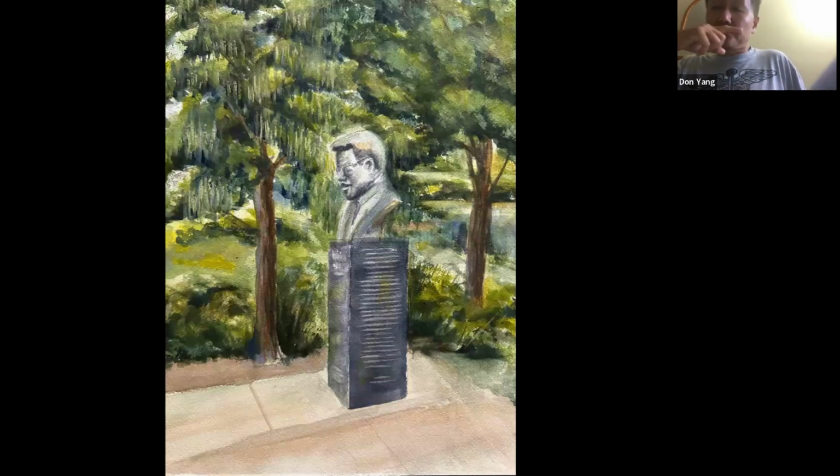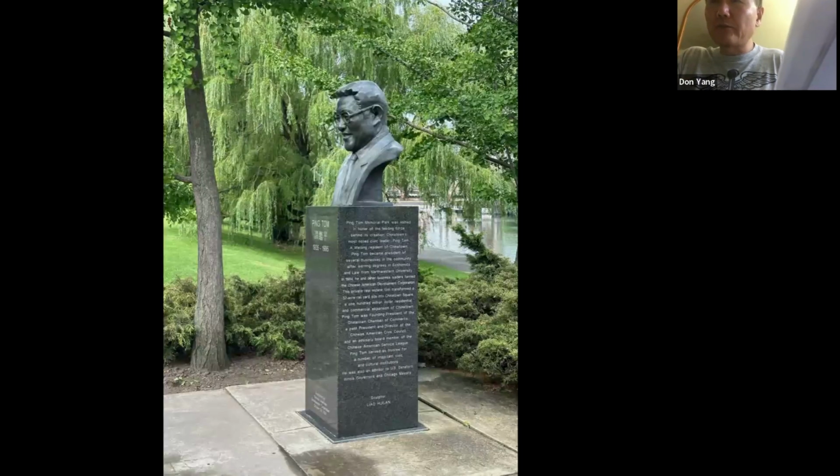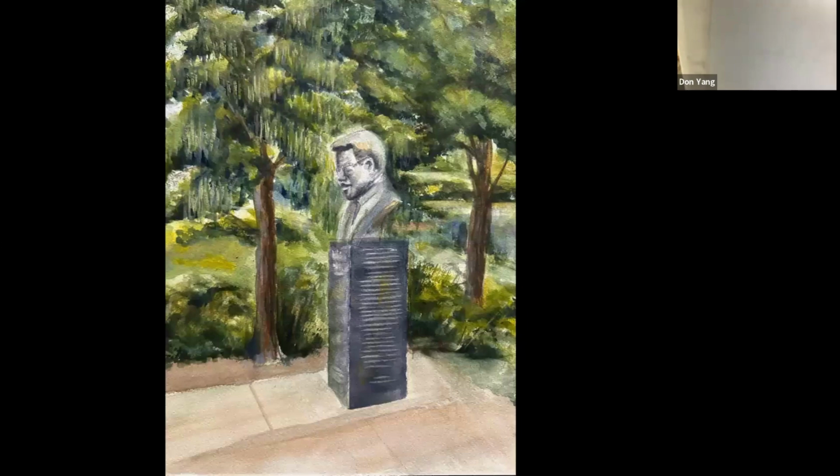So all the leaves and branches on the tree, you can see in here, willow tree, maybe willow trees, I would take extra liberty to use them, not so much a description of the leaves, but just enough sense of the tree, and let them be more the helping agent to make his face, his head really pop out. So that's how I would treat it. Basically, I'm exploiting the background values to enhance his presence further.